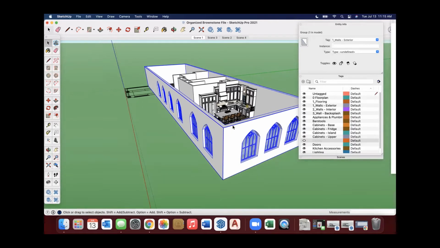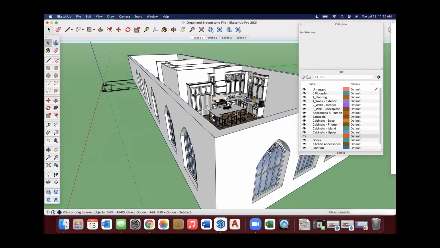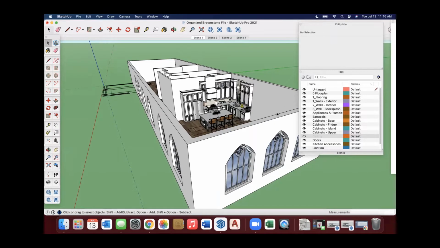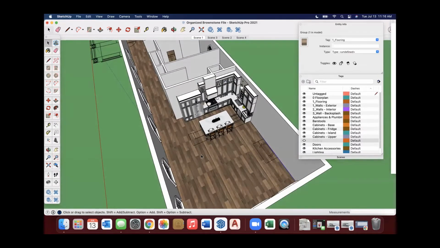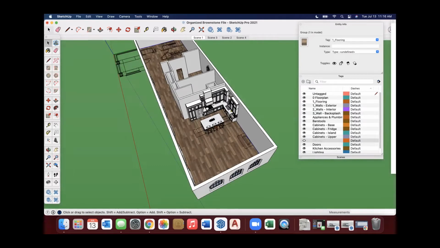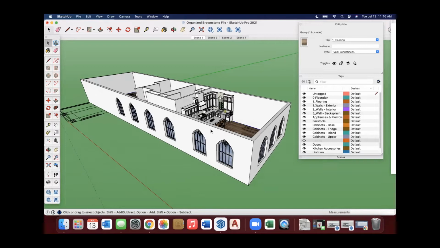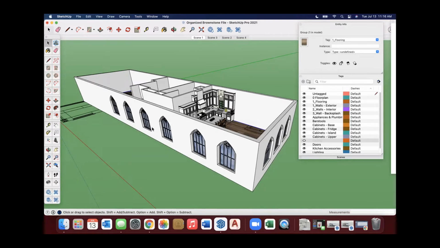Now, what's the difference between a group and a component? That's really important to understand, to know when it's appropriate to use a group versus a component. When I build walls and ceilings and typically floors, those are always just a group, because I'm not necessarily trying to repeat these and have multiple entities of them. A lot of times I just want to make changes or updates.